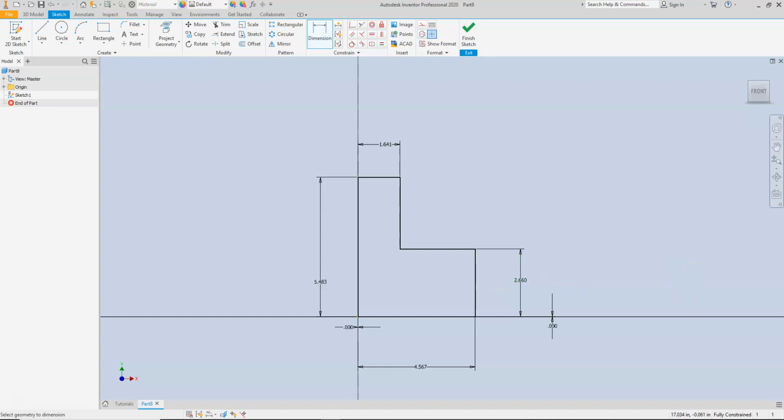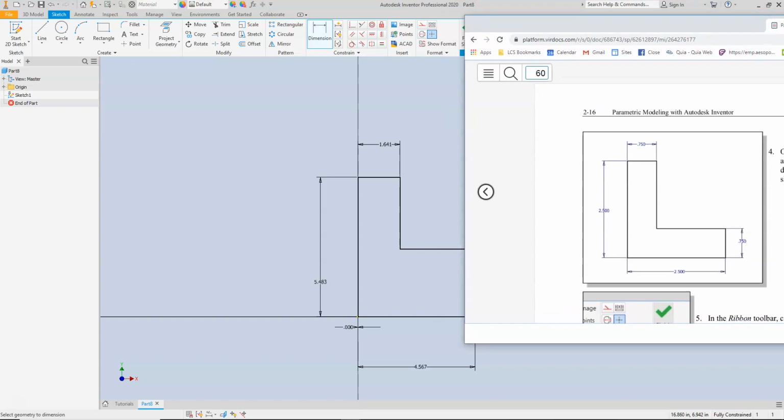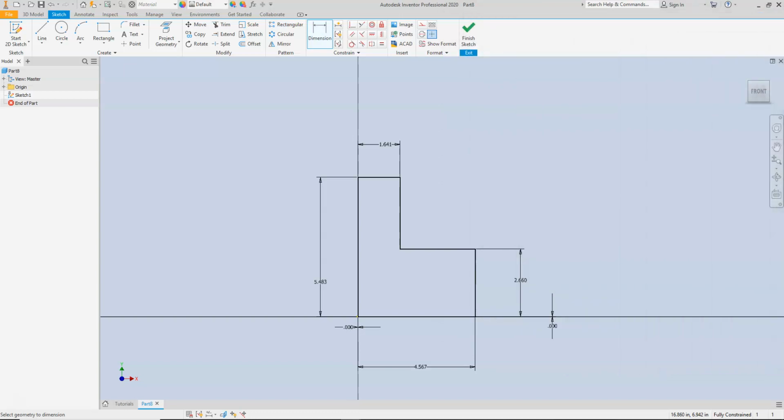So I'm going to finish putting in the rest of the dimensions on this part. It's given to you on page, I think it's 216. I'm just flipping over to that page now, making sure that's where it is. Yep, 216. So I'm going to now modify the dimensions that are given to me. I'm going to place those dimensions by clicking on the dimension itself, typing in the new value, hitting the enter button or the check button, and then the part will update. So as part of this, sometimes your drawings do get